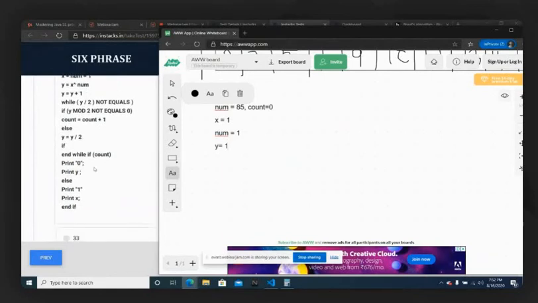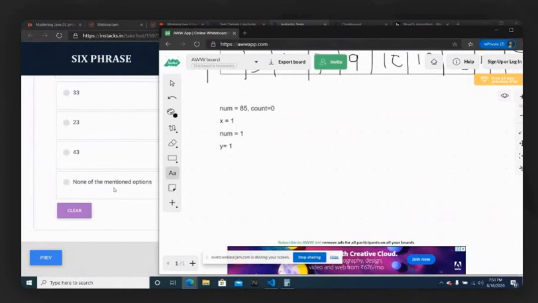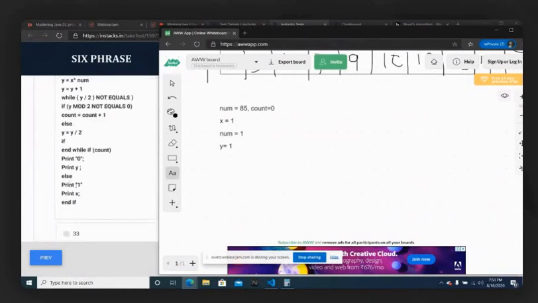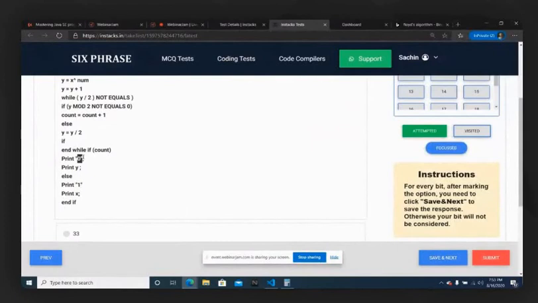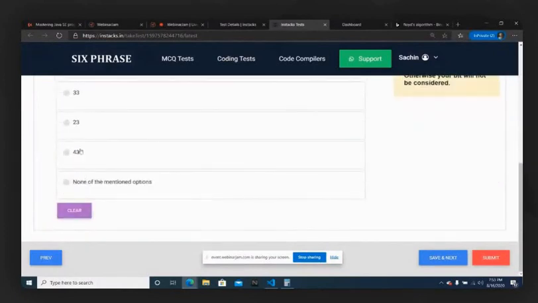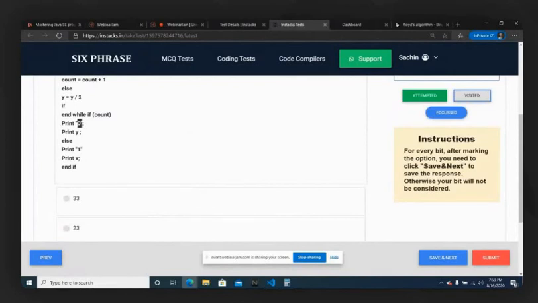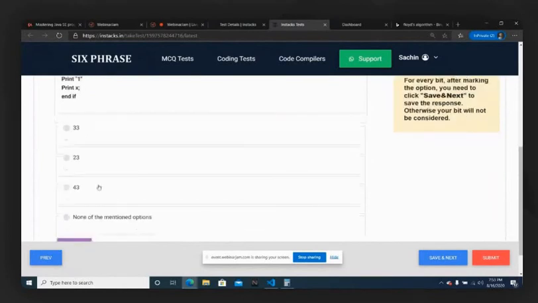So count remains 0. Coming here, we're just checking if of count, which means if count is not equal to 0, but count is actually equal to 0. So this if will not work, else will work, wherein else we have 1 and the value of x, which is still 1. So I think it has to be none of the mentioned options, because here 0 is printed first of all, but no option is having 0 and 1 finally. Even if the condition is true, definitely 0 should have printed. If this else is true, then 1 should have printed. No option is having 1 and 0. That's a very simple logic. So definitely none of the mentioned options has to be the right answer.